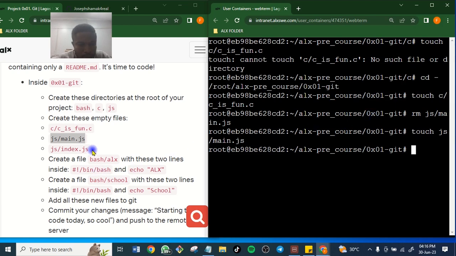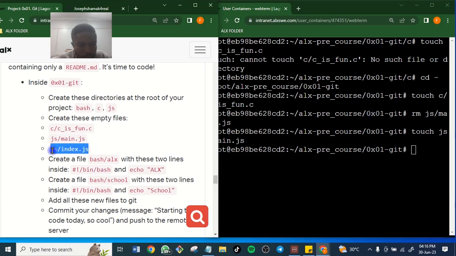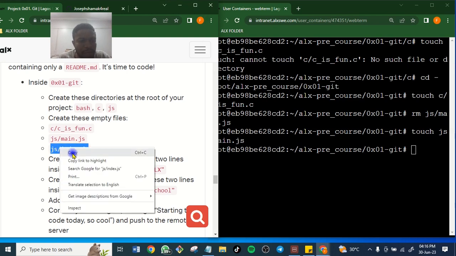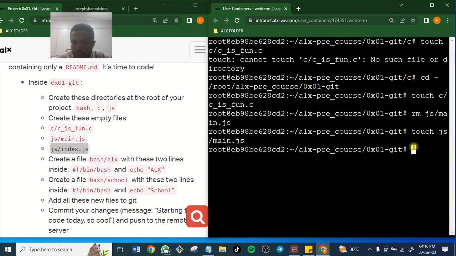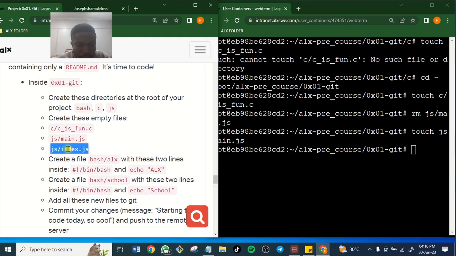Yes, I have to remove and make them. Hope you are seeing what I'm doing. Just because of my system, I have to remove and make them all over again.